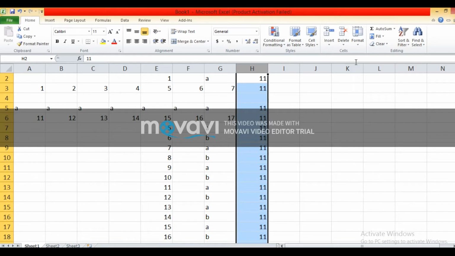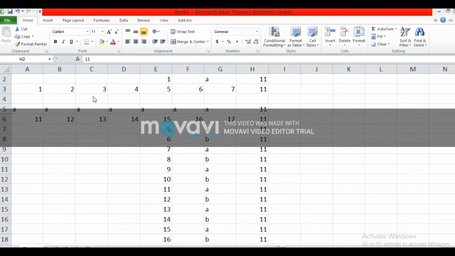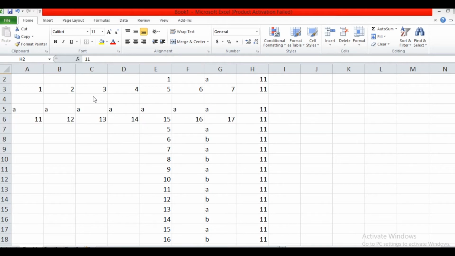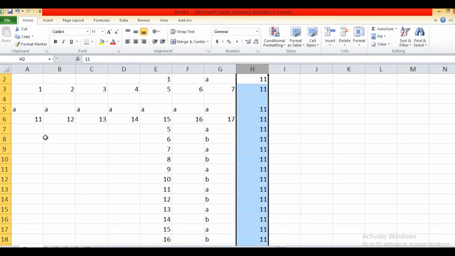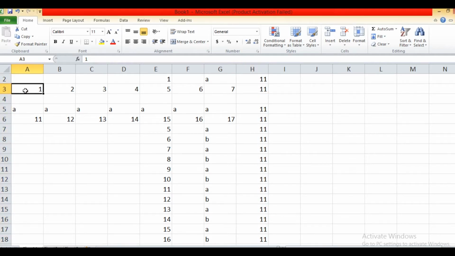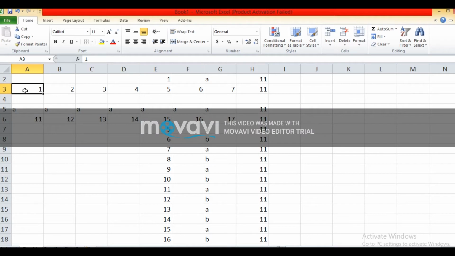Now the next option, inserting a cell. If you want to insert a cell in the existing worksheet, then what are the steps? First you have to select the cell where you want to insert. Wherever you want to insert a cell, select the cell or the range of cells where you want to insert the cells. I have selected the cell, then click on the Home tab on the ribbon.